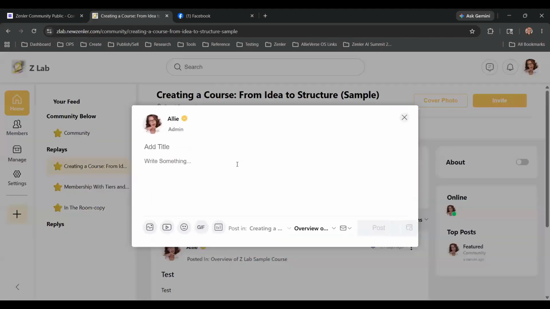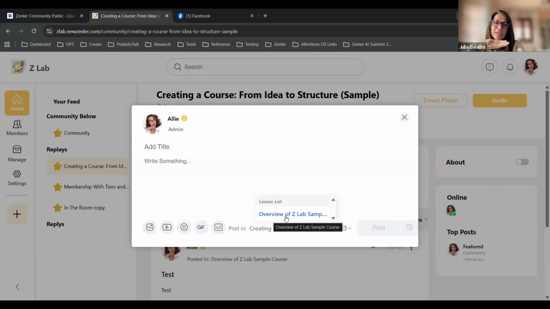If we create another post, this is the lesson list for this community. These are course discussions. What comes up for me on the list is the list of all the lessons that I have, because inside your course you have all the lessons checked off for enabling discussions. Yeah, because I thought that people could use the discussion below each lesson, and that had nothing to do with the community page.